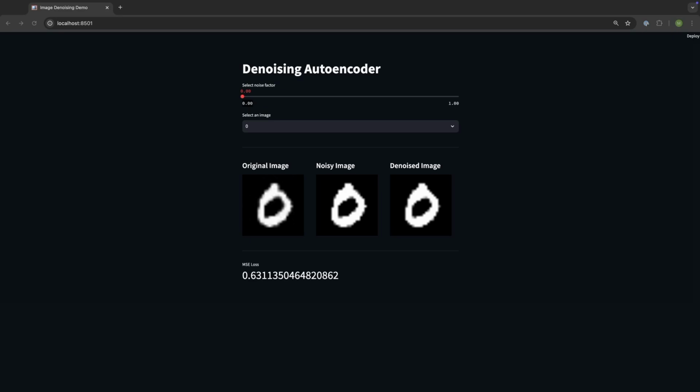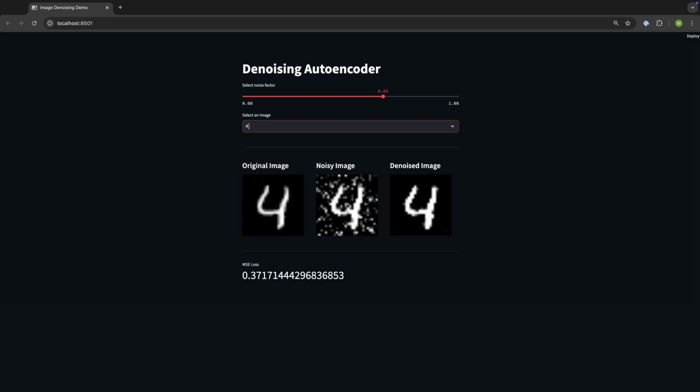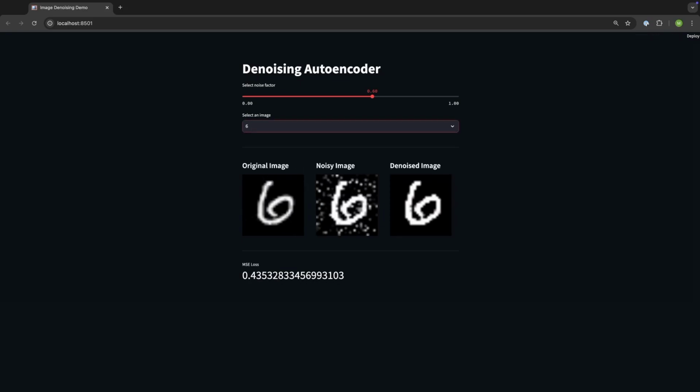Before starting the tutorial, I want to show you a quick demo on what we're trying to achieve. Basically, we're adding artificial noise to an image, and the neural network is trying to remove that noise from the image. As we can see, it works with different levels of noise, and we can choose different numbers from the